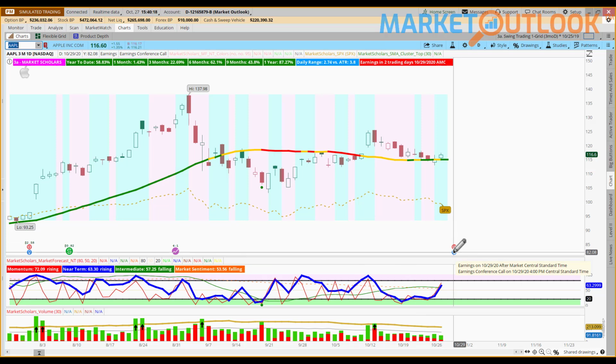Remember, Microsoft just reported theirs after hours, and so far it hasn't melted down, it hasn't gone up a whole bunch. And if that happens to Apple, I'll be in okay shape. What I chose to do was to sell a bull put spread. And of course, I did this trade during the market session, and so I've already sent out the trade alerts